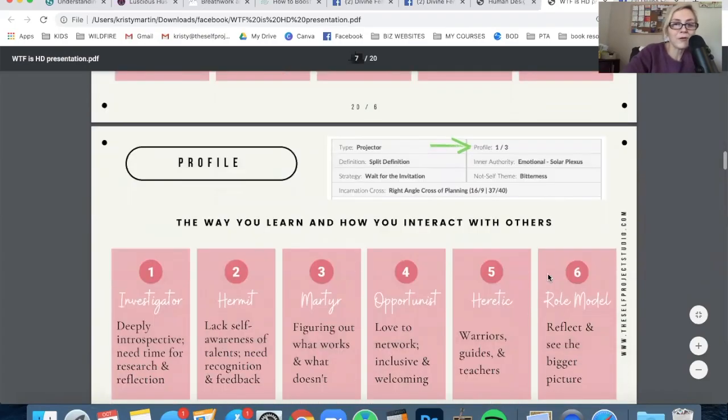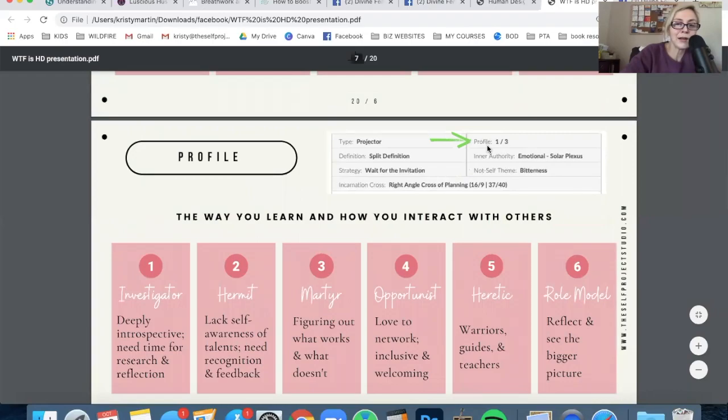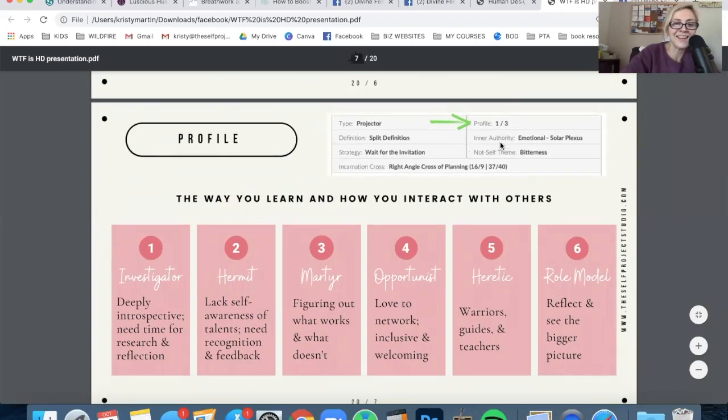Okay, then we move on to our profile, and that's this number here. 1/3 is my fake little person, Madison. And so what this really tells you is kind of the way you learn, how you interact with others. So the first number is what they call conscious. So this is more a conscious aspect. You're going to be more likely to be aware of this theme in your life than you are the second